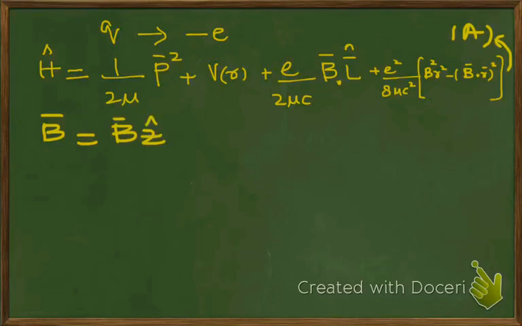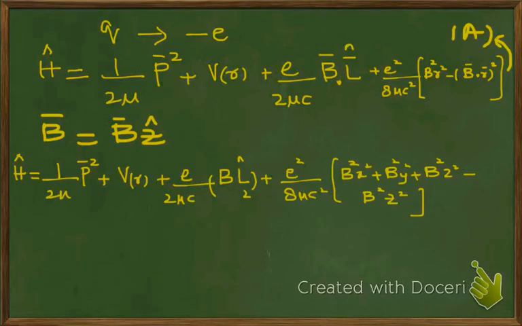So equation A will be transformed as, here B dot L equals B into Lz, and B squared R squared equals B squared X squared plus B squared Y squared plus B squared Z squared, and this term will be equal to B squared into Z squared. So you can cancel out these terms and we will have